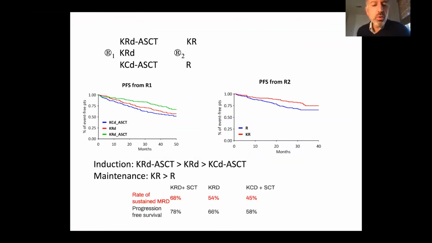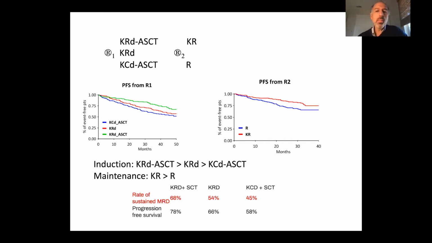So this was the Forte trial that Angela also mentioned, and I've summarized it as well, focusing not so much on what she mentioned, which was basically the idea that KRD plus transplant was the winner in this, certainly compared to carfilzomib, cyclophosphamide, and dexamethasone with transplant. Really, I think highlighting the point that a proteasome inhibitor as well as an IMiD is the way to go